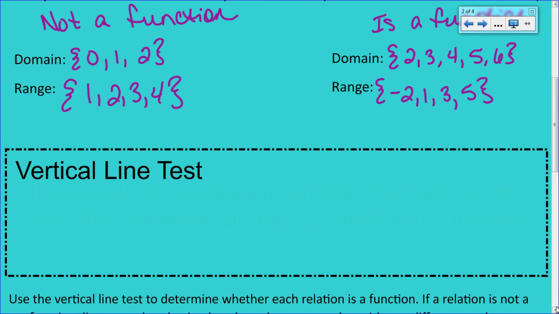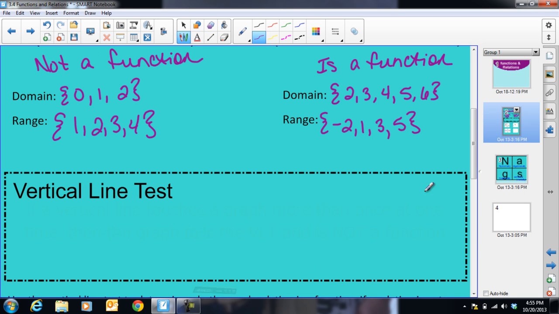So now we're going to talk about this thing called the vertical line test. So the vertical line test is just a test we use to see if the picture or a graph of a relation is actually going to be a function. And so the vertical line test says